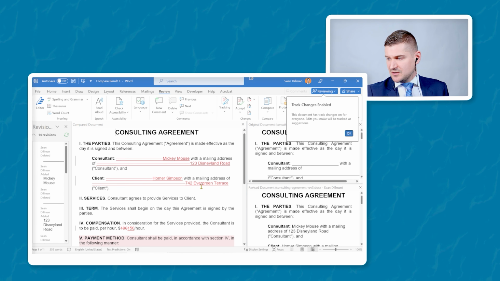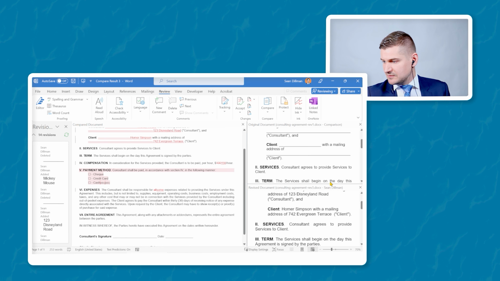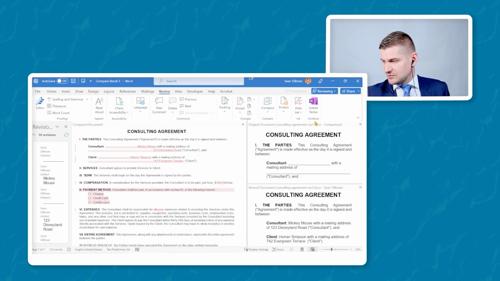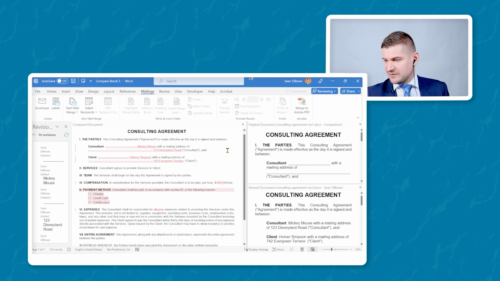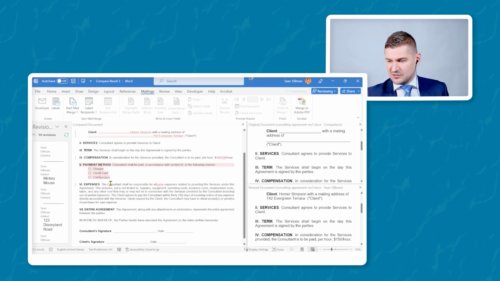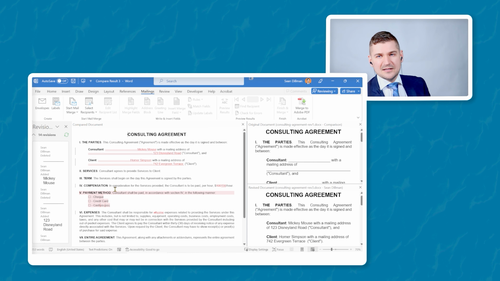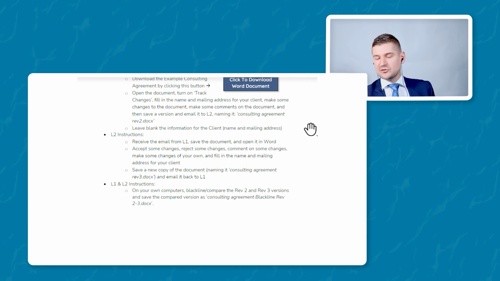Yeah, that's fine. So what we see here now is a really cool thing where this is the original document of Rev 1, this is the original Rev 3, and this is a comparison of the documents showing us what's changed, who's changed it. So SD1 is, I guess, the first time I was making changes. SD2 is the second time I was making changes. This is going to look a little better when you do it actually with another student and you make changes and you accept changes and you make sure that you've got different documents. But trust me, it's a very useful thing to do sometimes when you need to know what is the difference